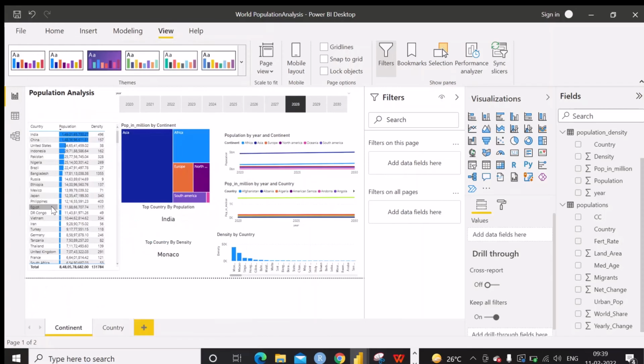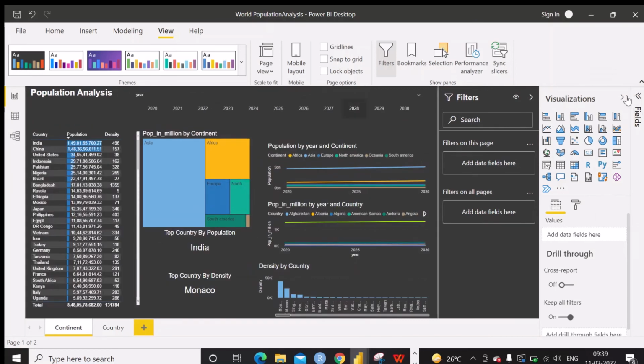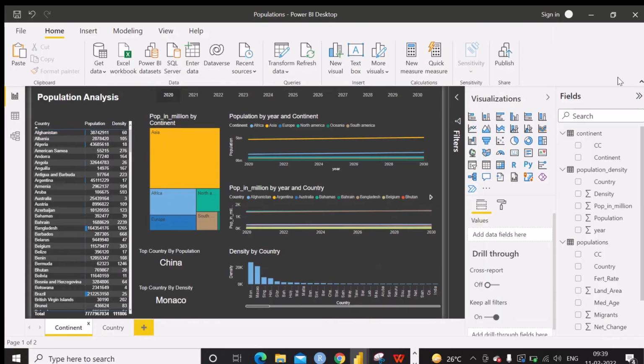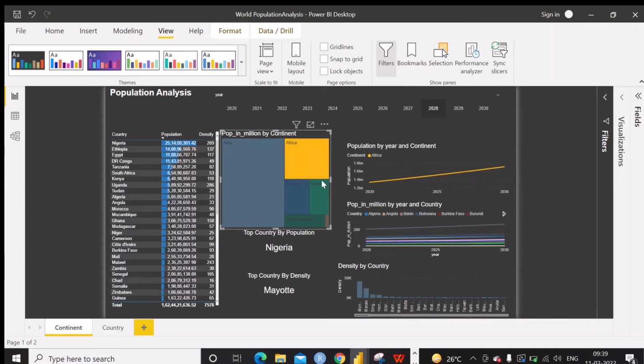It will take some time. Okay, now we have applied these filters and this theme. Now it looks the same as this one. You can also make some adjustments here if you want.